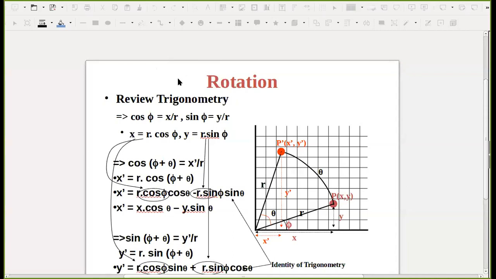Yes, sir. So in that case, what will be the matrix? Cos theta, sin theta, minus sin theta, cos theta. If you are rotating in the clockwise direction, that means from upper to lower side, where my pointer is going, because in this case you are rotating anti-clockwise, so it is positive. But if you are using the clockwise direction, then it will be negative. So cos minus theta will remain cos theta, sin minus theta will be minus sin theta, so this minus becomes plus, so sin theta. And here sin minus theta will be minus sin theta, so this value will be minus sin theta and cos theta.